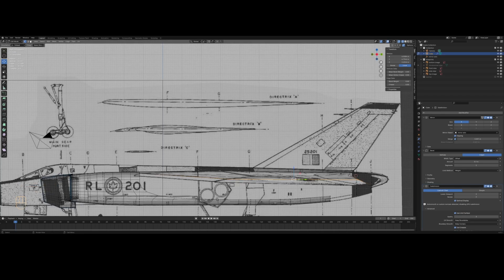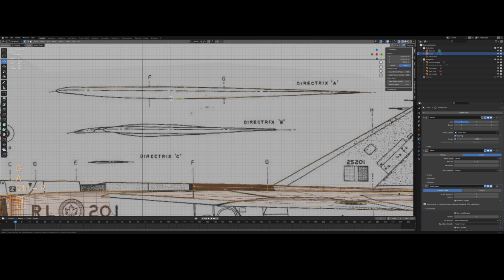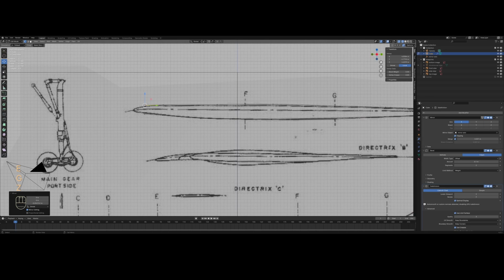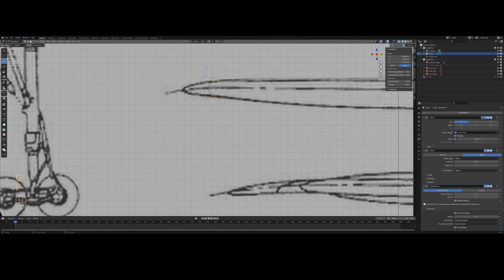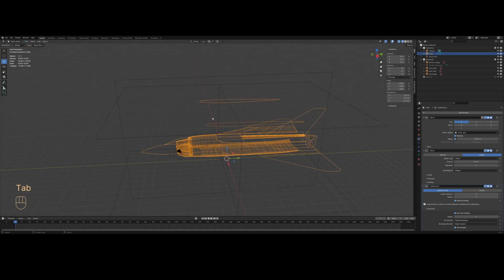Now we're lucky enough to have the cross section of the wing, and here we will trace it, but to be honest, if you don't have it, and if I was to make another plane, I would not use this method. I will just wing it literally and try to get the shape as close as I could without the cross section. Or I would start by creating this cross section, but I would extrude it in one part instead of tracing the wing like we did. But basically I'm gonna trace the wing, like I said, and